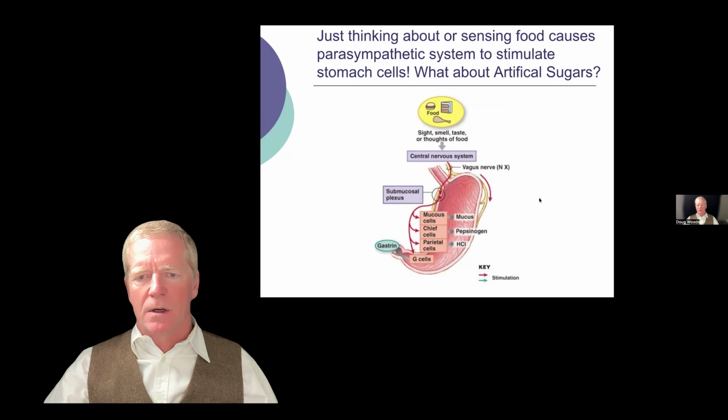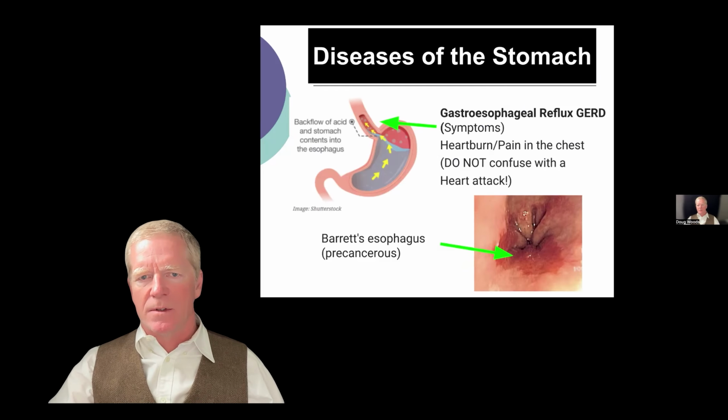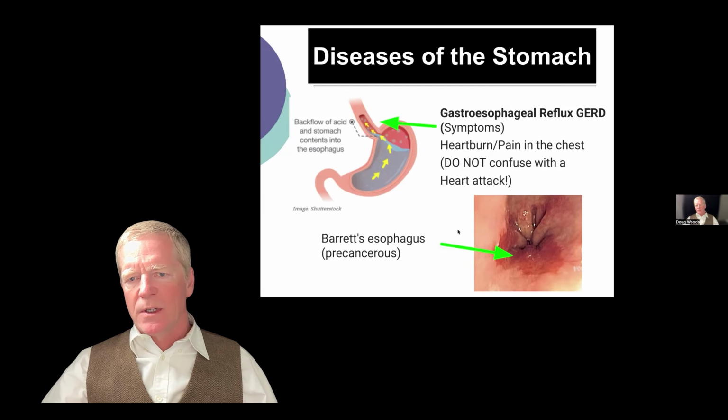A lot of signals here regulating food intake. One of the most common diseases of the stomach is gastrointestinal reflux, or GERD. Gastrointestinal reflux occurs when the sphincter here at the top of the stomach, the pyloric sphincter, is unable to close completely. And when that happens, acid can reflux or flow back up